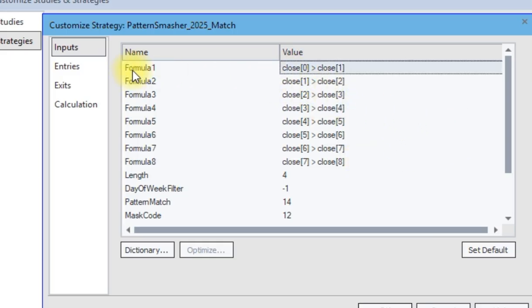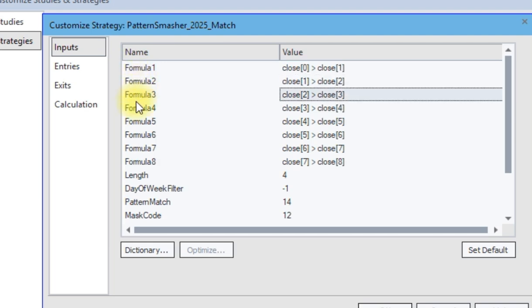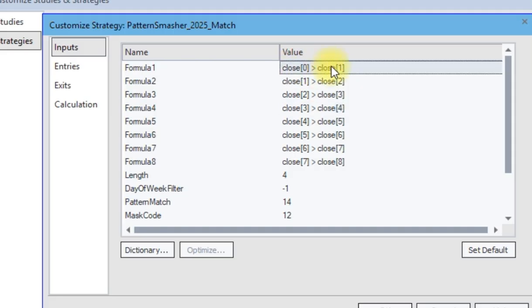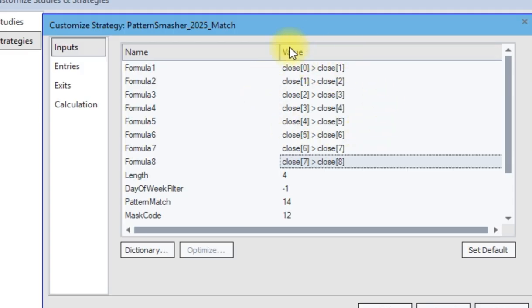So we got formula 1, which I call bit 1, formula 2, which I call bit 2, bit 3, and bit 4. And basically I'm comparing today's close with the prior day's close. This is today's close versus yesterday, yesterday versus the day before. As you can see, I go from 0 to 7 and 1 to 8. I'm looking at the closing relationships between the current close and the prior close. Let's take a look at the